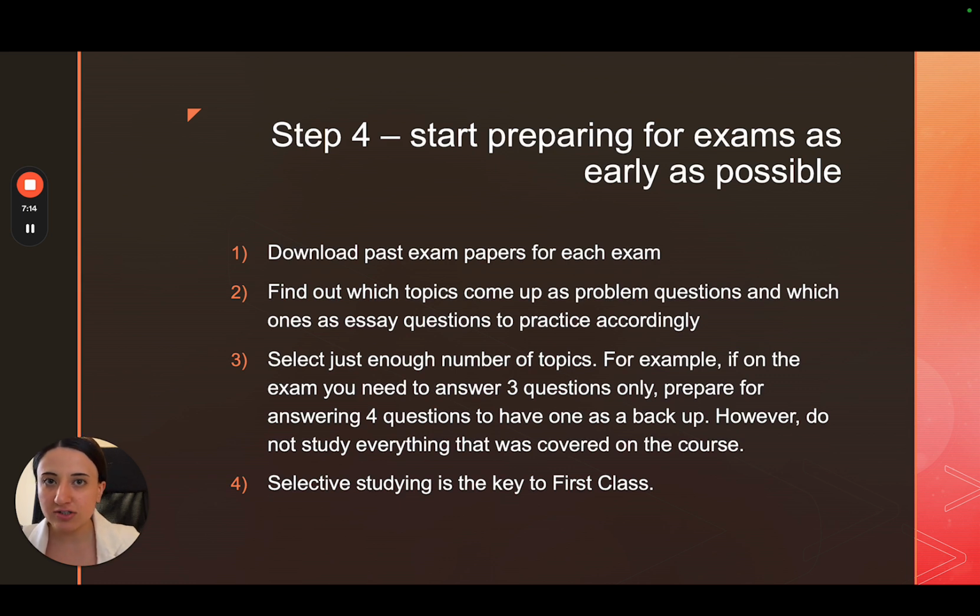Sometimes they change exams. It will most likely not be exactly the same as the past exam paper. It will be similar, but most likely not exactly the same. So in case you get a question that you are not prepared for, you want to have one as a backup. So if you have a set of 6 questions on the exam and you have to answer 3, I'd advise to prepare for 4, to have just one as a backup,